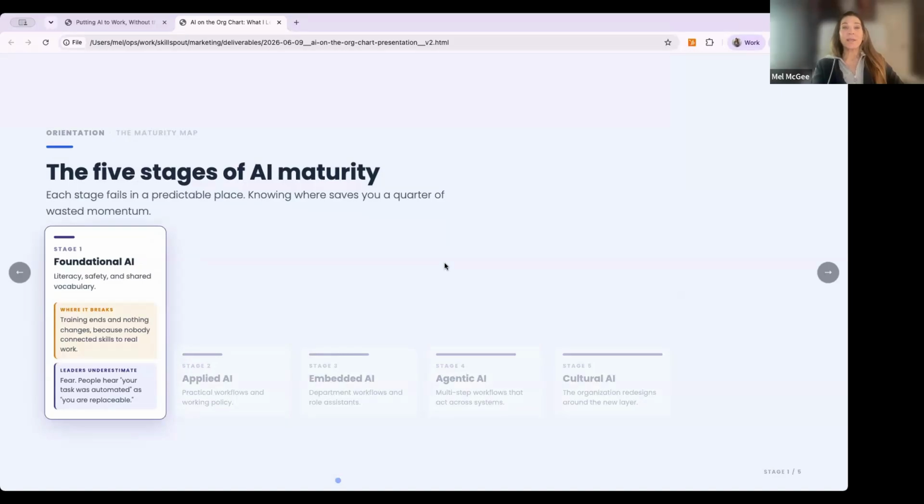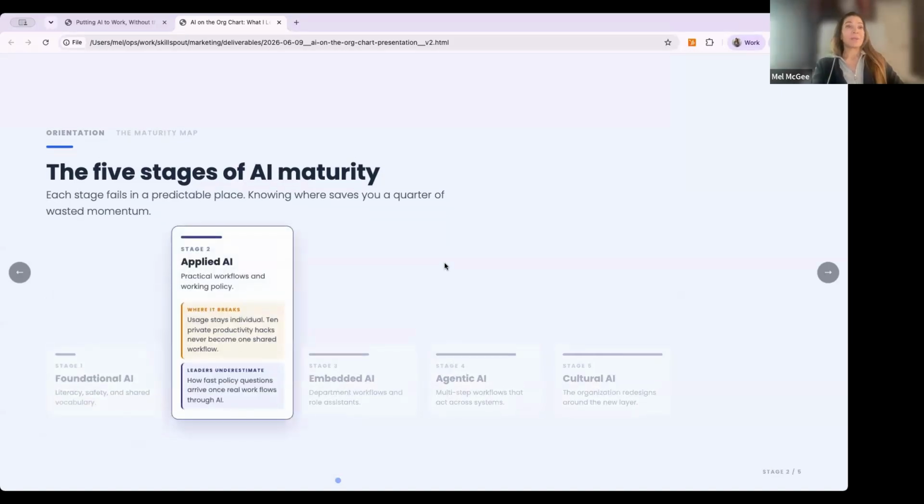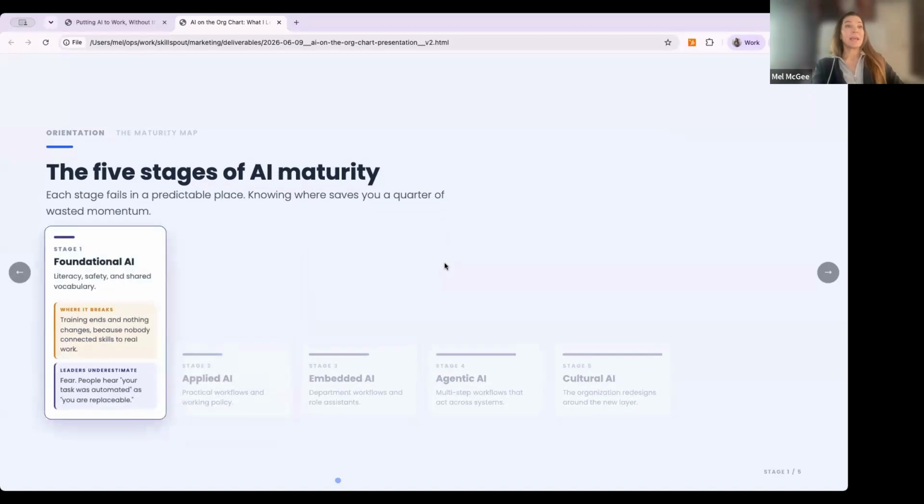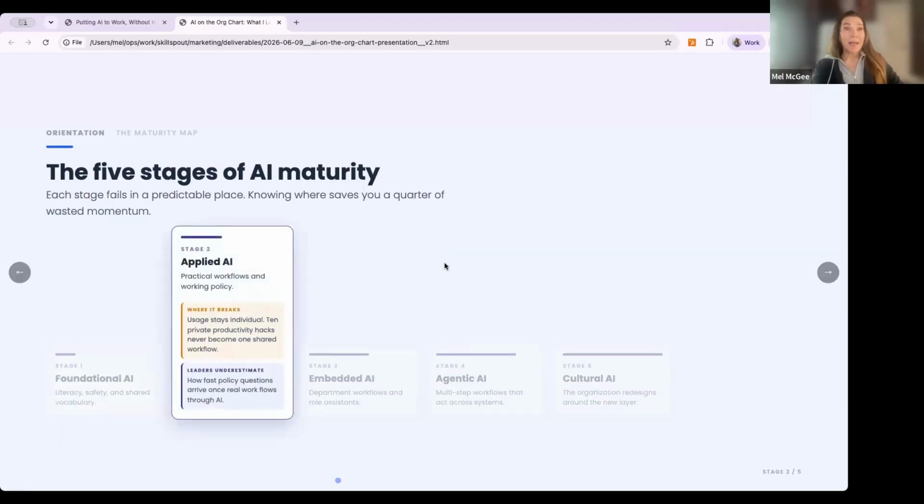Human first. So we start with foundational, and this is literacy, safety, shared vocabulary on your team. Applied. This is practical workflows and working policy within your organization. Who's going to use it? How are you going to use AI? What tools are you using AI with?